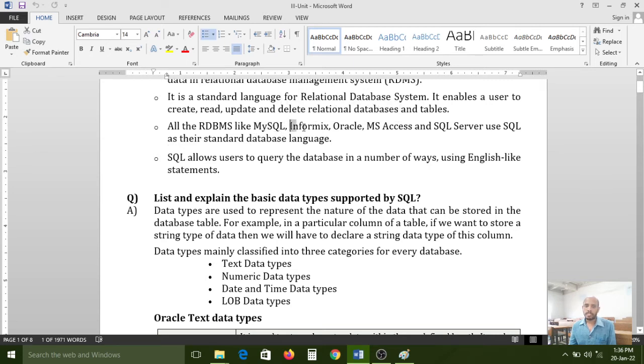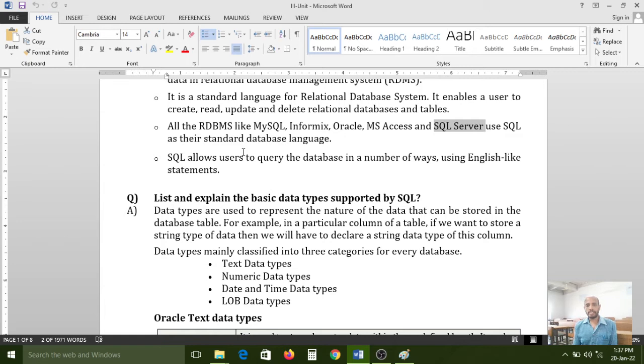MySQL, Informix, Oracle, MS Access, SQL Server, PostgreSQL, NoSQL. So like that there are a number of RDBMS softwares available in the market. Each and every database software must use its own structured query language.